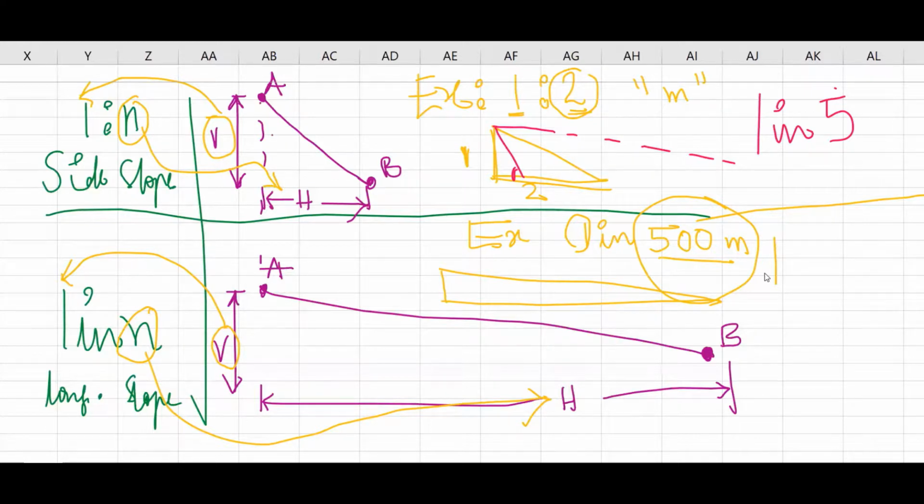So we are comparing the value with the steepness of the slope. I hope this is understood.